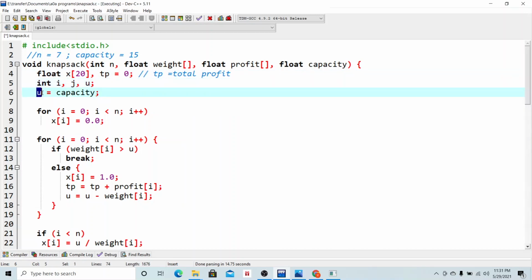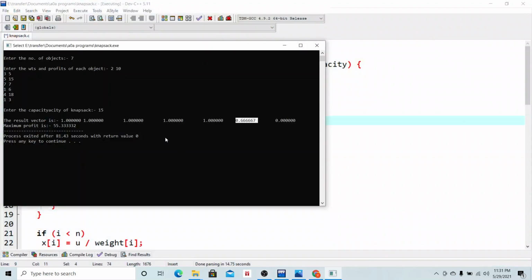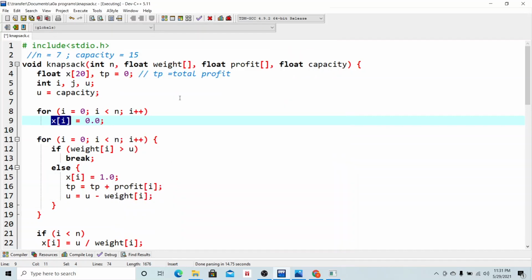In this u we will be storing the capacity, that is 15, right? Then we will be running this for loop. Initially all the xi array will be equalized to 0. All the resultant vector, the xi, will be initialized to 0. So these all values will be initially 0, right?